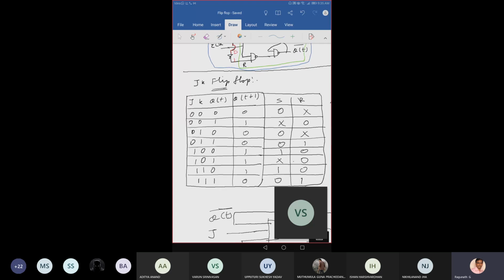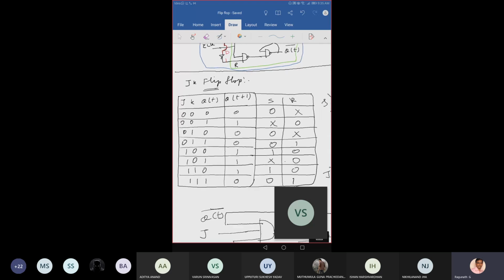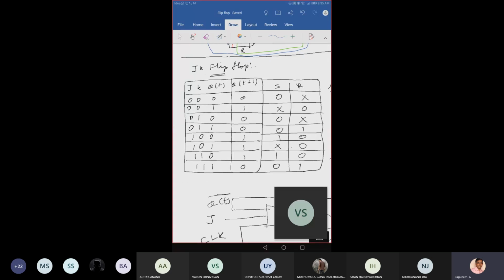Now, I want to design a JK flip-flop, but I have only the SR flip-flop. You got my point. So first what do I have to do? I have to write the characteristic equation or the excitation equation. For JK, what do I write? The characteristic. For SR it is the excitation. I already explained the characteristic table of the JK. After writing the characteristic table, you have to write the excitation table of the SR flip-flop.